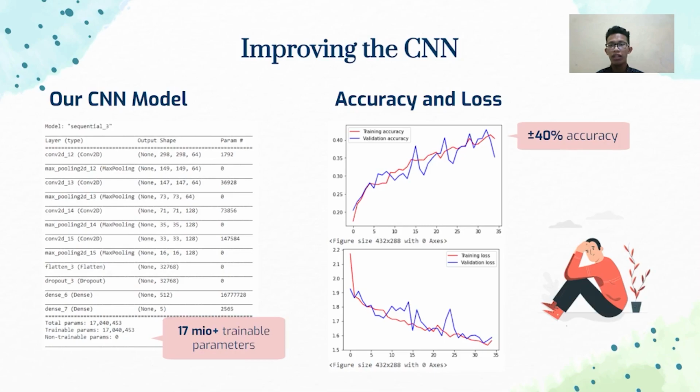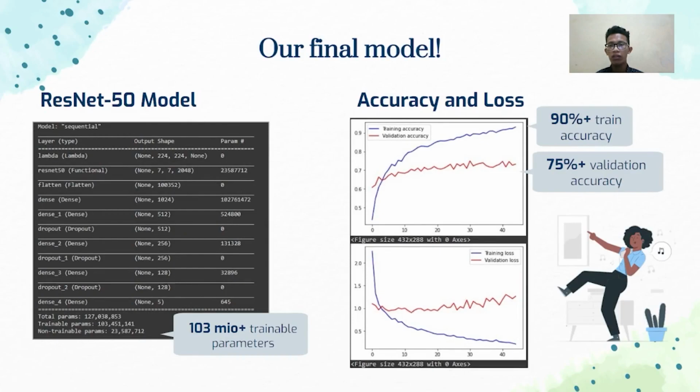But after experimenting, we only got 40% accuracy in both training and validation. At this stage, we were not satisfied with our model, so we tried another approach. In our final model, we cleaned the dataset and chose the 5 classes with the biggest number of data, and then we tried to use a pre-trained model or transfer learning.